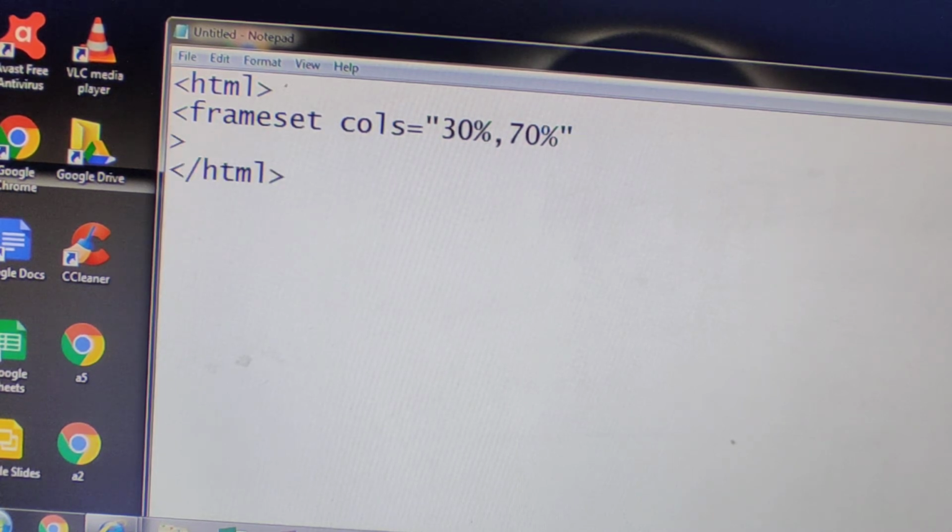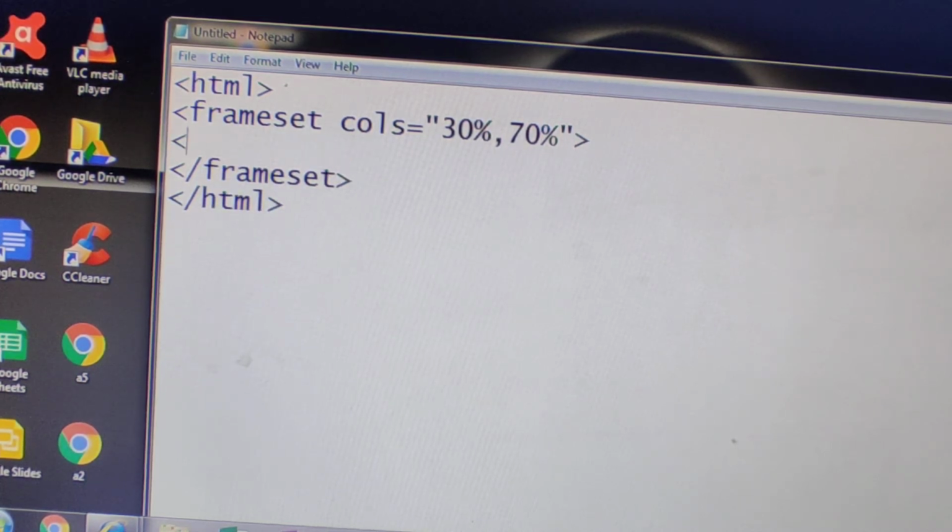Now close the frameset. Frameset is a parent tag. As already explained in the theory, inside the frameset tag, you need to use the frame tag. Frame src.